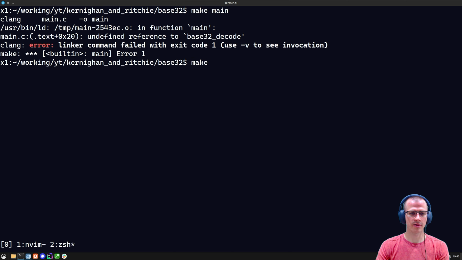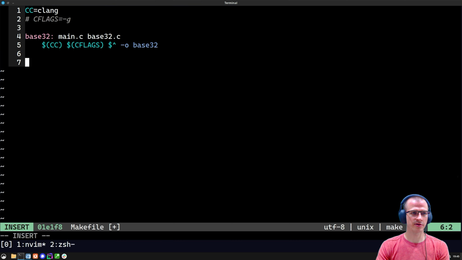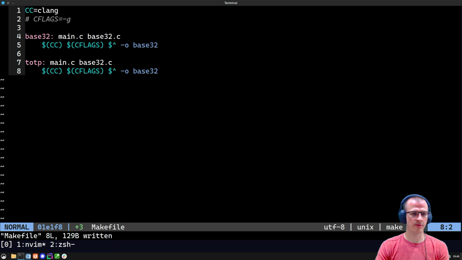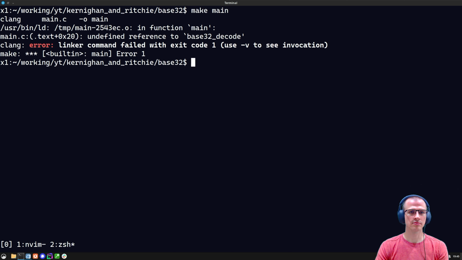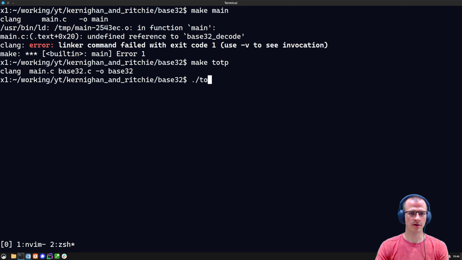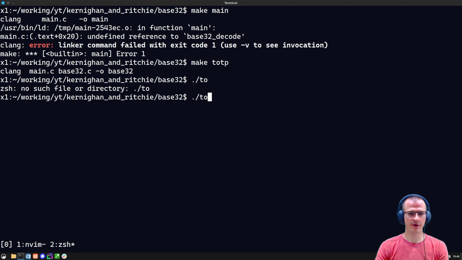Okay, make. I'm going to define a new target in here. I'm going to call it TOTP, and it's going to depend on main.c and base32.c, and yeah, the rest is going to be the same, I think. What do you mean undefined reference to base32 code? Okay, make TOTP. Okay, so now if we run this,